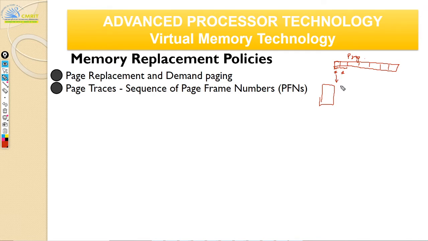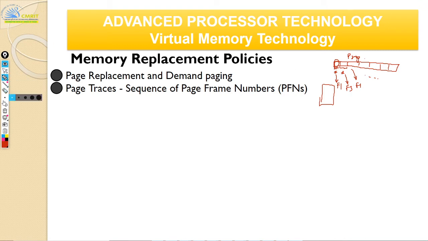Now these page numbers are going to fit into some of the page frames here. Now you're going to trace this. So if this is your program execution, you're going to say, my first portion fits into this frame. This fits into frame 1, this fits into frame 3, this fits into frame 1 again. So you will have a sequence of these page frame numbers for a particular program. And when you run this program several times, you will have a rough idea of how these frames are used. That's the idea behind knowing a page trace.